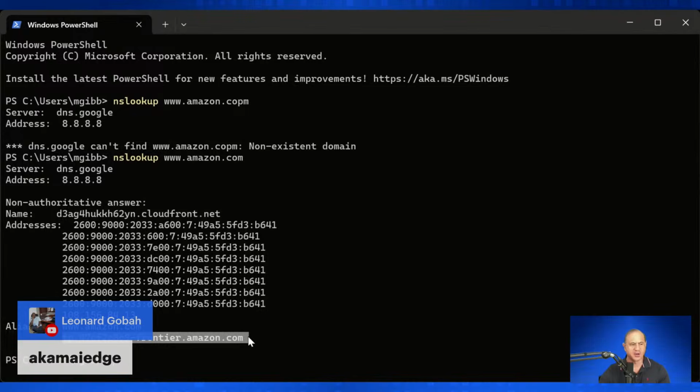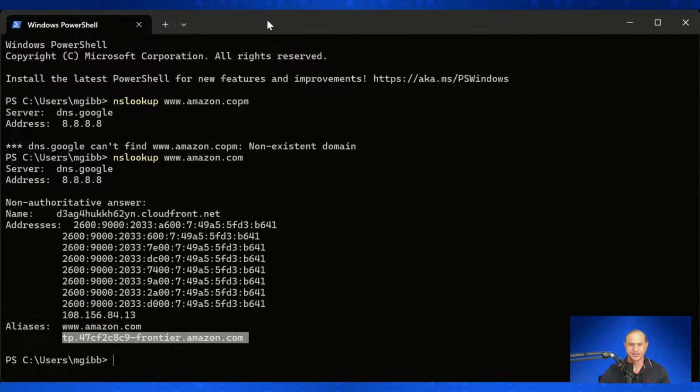So why are you seeing some users on CloudFront and other users on Frontier? Why would you see this? Tell me in the chat box why not everybody that Amazon is using is on CloudFront. Some of us are on CloudFront, some of us will be on Fastly, some of us are on Frontier, some people may be on Akamai. So why? Keep sharing it in the chat box. Why is it that Amazon is using more than one content delivery network? See Fastly. You're seeing lots of them.